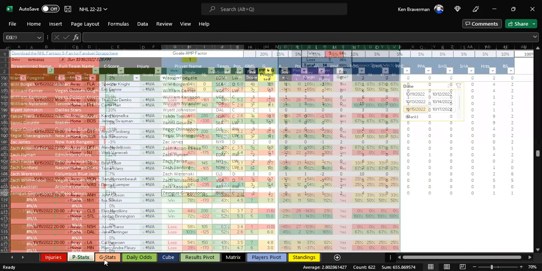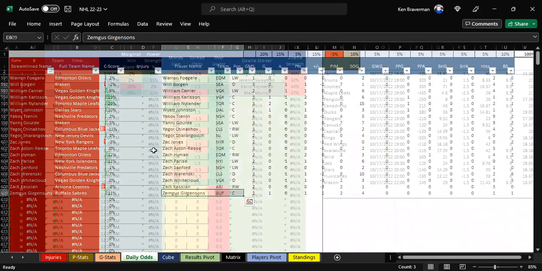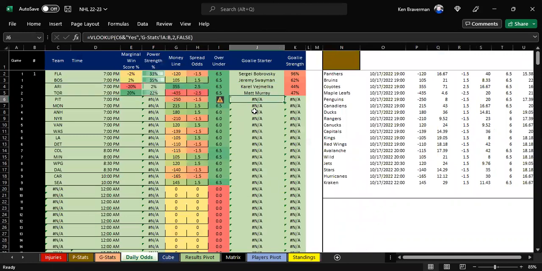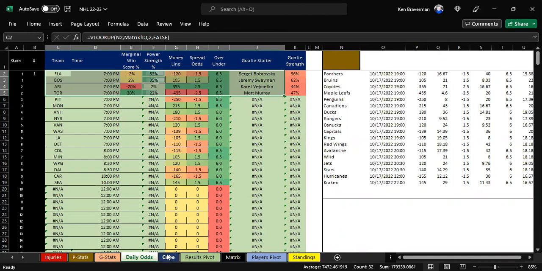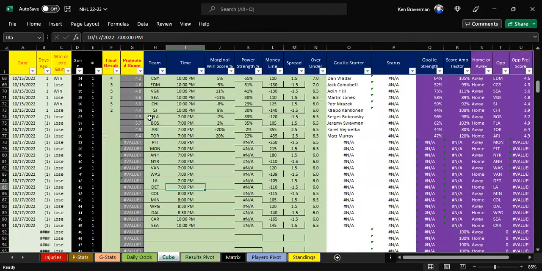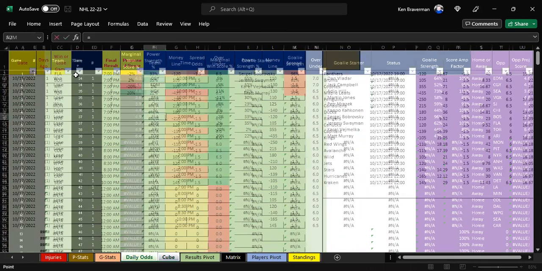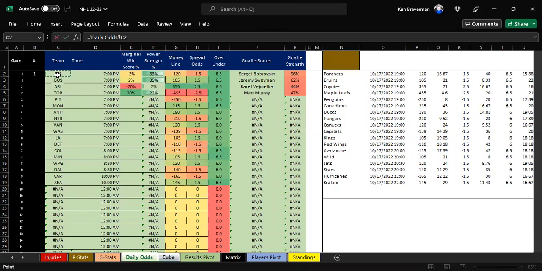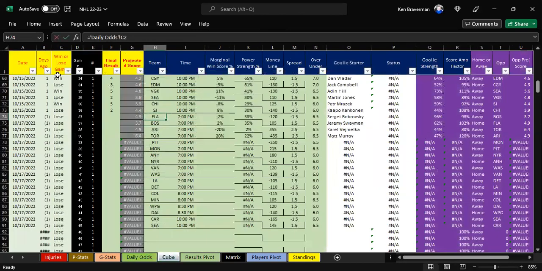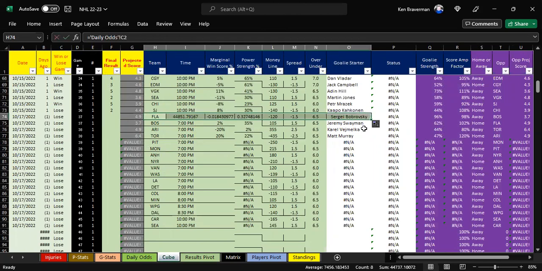And what you're left with is a daily odd sheet where you need goaltenders. And as you add them, you then paste this directly in here. Now, some people connect the cube and then disconnect it. So like you do this, you go in here, this way you don't have to update certain things because you've updated them already, for example. All right, watch this. So if you connect everything like this,